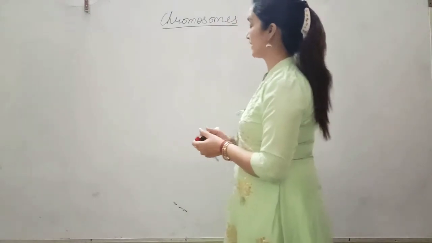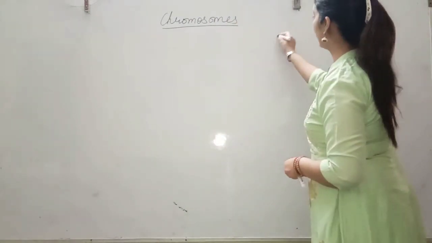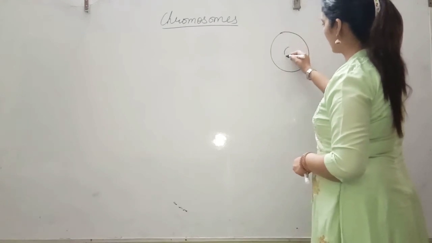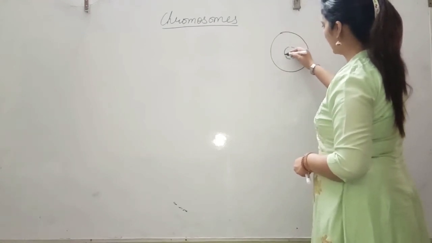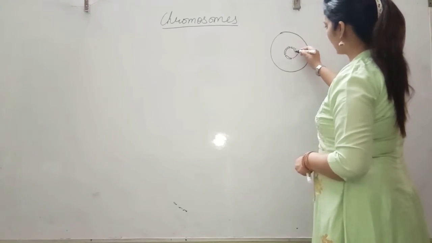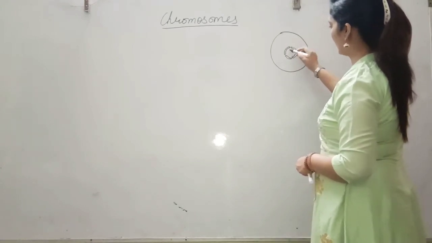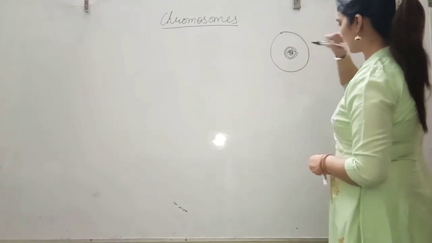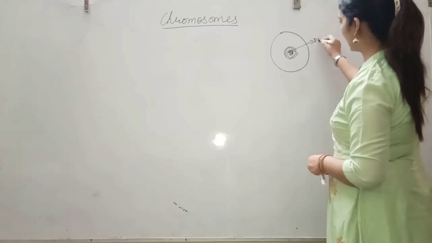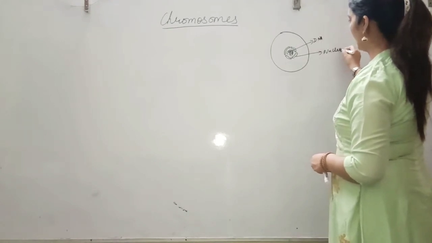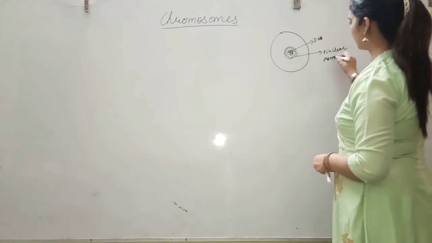Alright. So basically, if we look inside the nucleus, DNA is present. This is the cell and suppose this is the nucleus, a double membranous structure. In eukaryotes, the nucleus is present with a nuclear membrane. In prokaryotes there is no nuclear membrane. This is DNA, and this is the nuclear membrane.